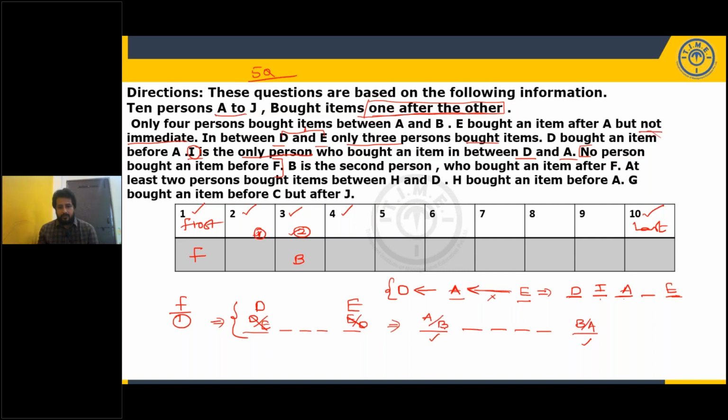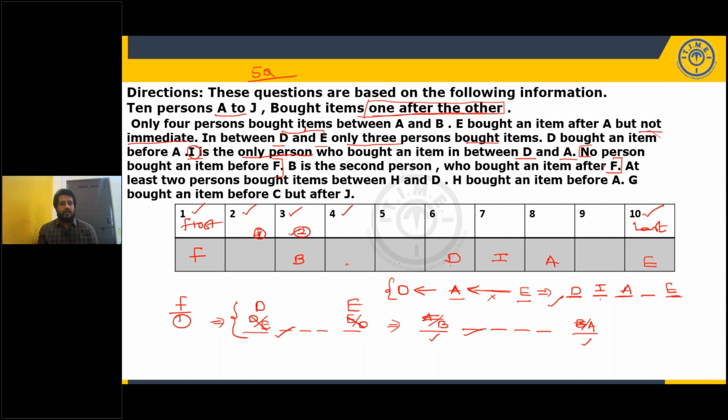No, earlier we have a doubt. A bought before B or B bought before A. Now we can confirm that B bought before A. Because if A bought before B, we don't have the arrangement. It goes out of the arrangement. So 1, 2, 3, 4, A. And with respect to A, we have information one blank. It should be E. A immediately before I immediately before D. So all these clues are placed. So complete information till here it is utilized.